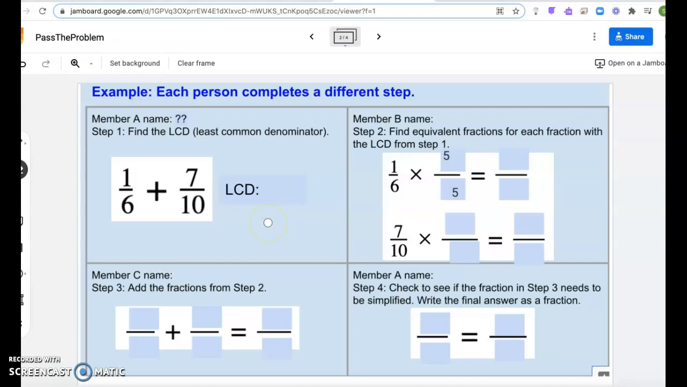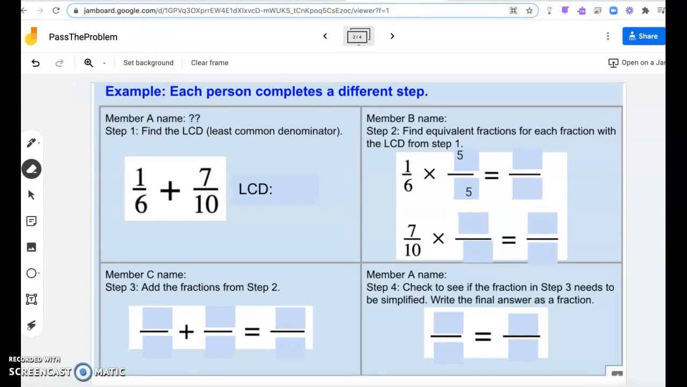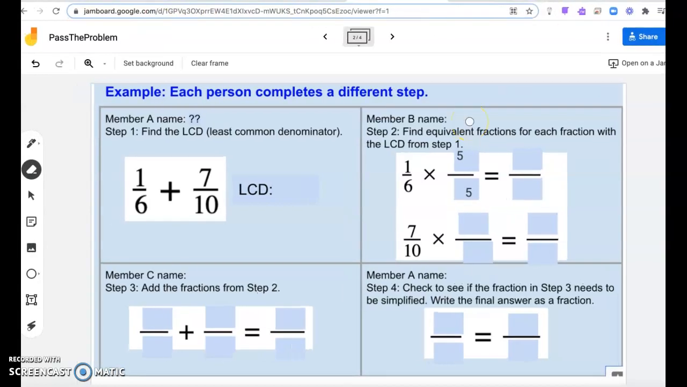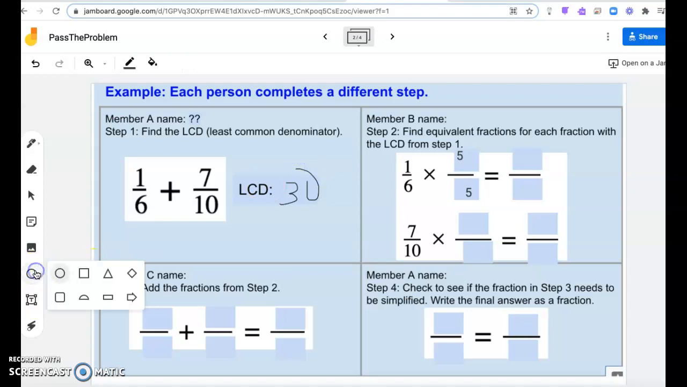So this is adding and subtracting fractions with unlike denominators. It's a great tool that can be used and edited simultaneously by whoever has access to the Jamboard at that time in an editor mode. So they can draw on the tool, they can type into the tool, they can insert images, they can insert